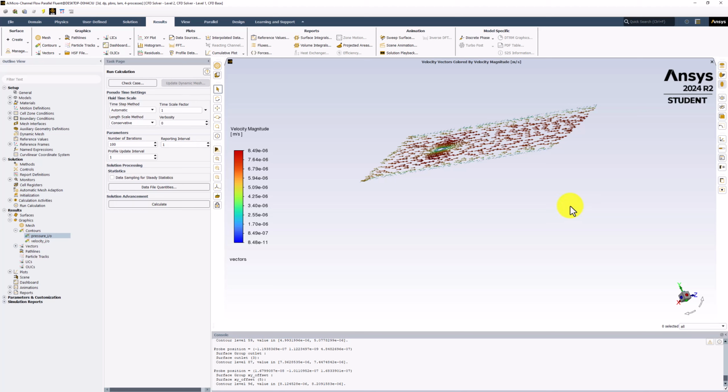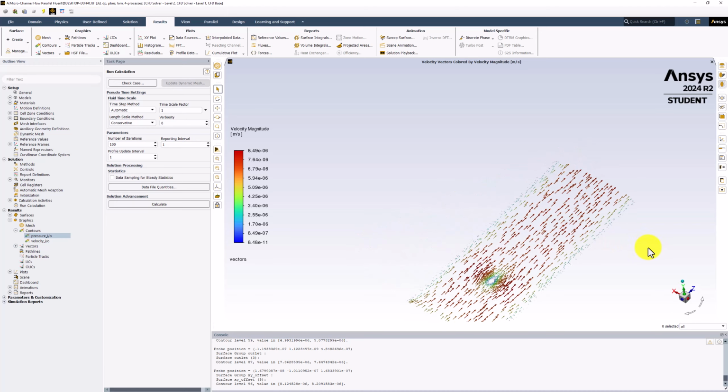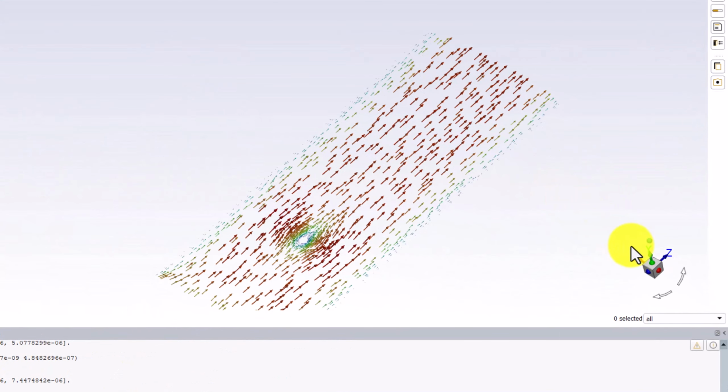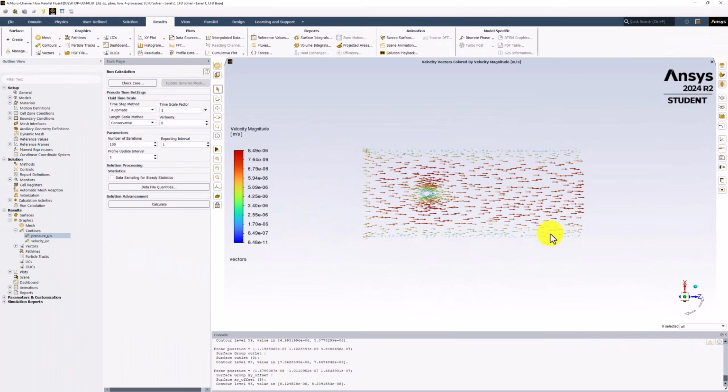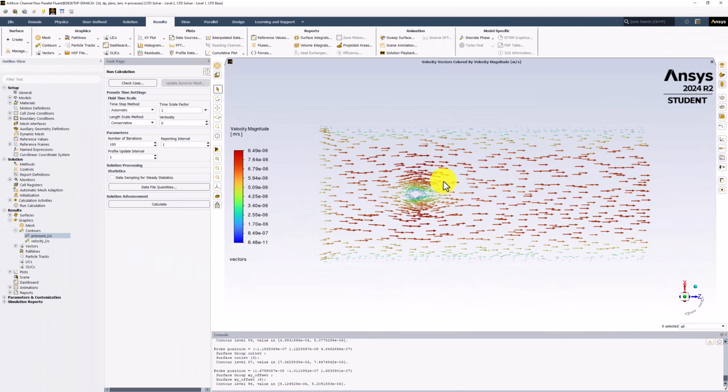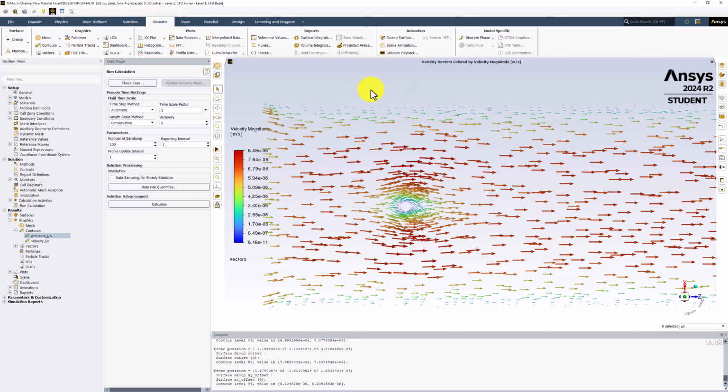We can then see the vectors in the view. We can use the middle mouse button to rotate the view, and click the green Y-axis in the bottom right corner to orient the view to be facing the plane. We can then use these arrows to rotate the view to better adjust for the orientation of our geometry. Zooming in, and looking near the walls, we can see the low velocity boundary layers develop. Zooming in near the cylinder,